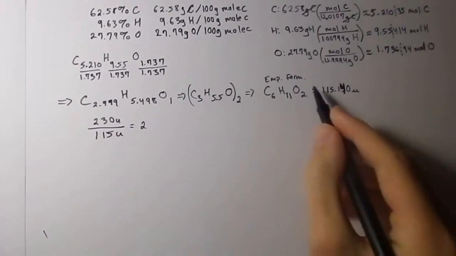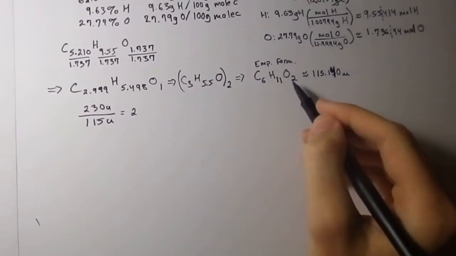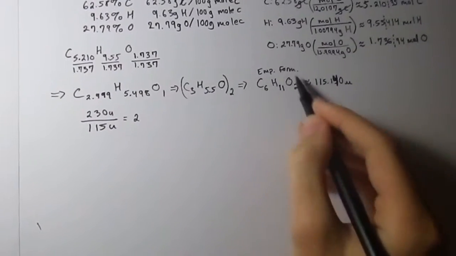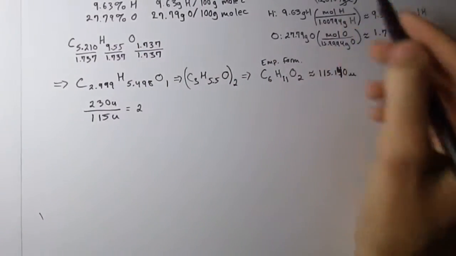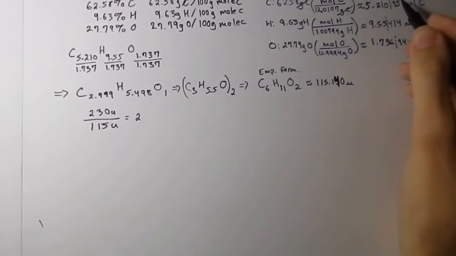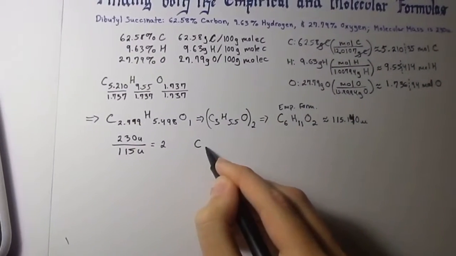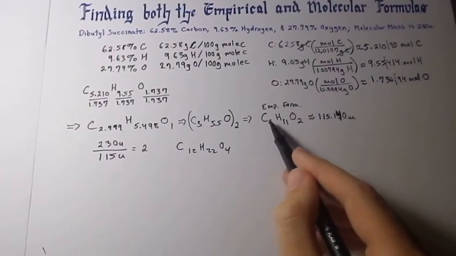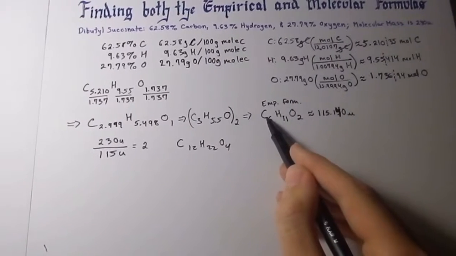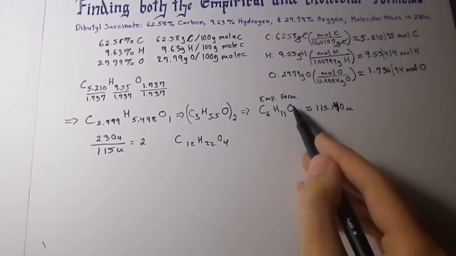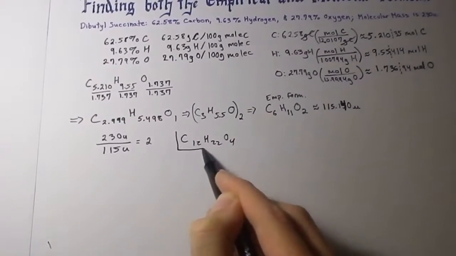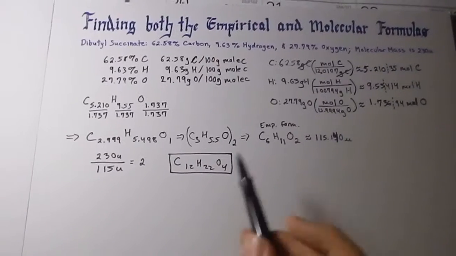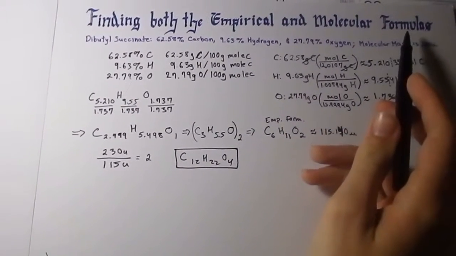So what that means is that this empirical formula is essentially half of what it's supposed to be. It weighs half. This is in fact the same percent composition, but it's half of what you need. So the real formula is C. So remember, you multiply each subscript by 2, so that's really C 6 times 2, H 11 times 2, O 2 times 2, which is C12, H22, O4, and that is how you determine the molecular formula by first